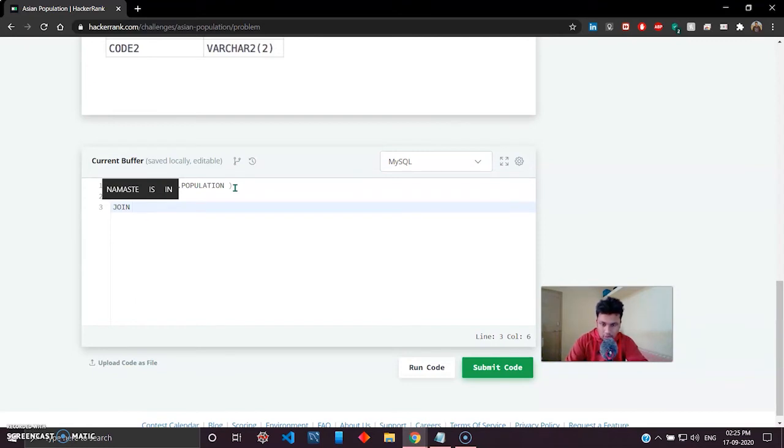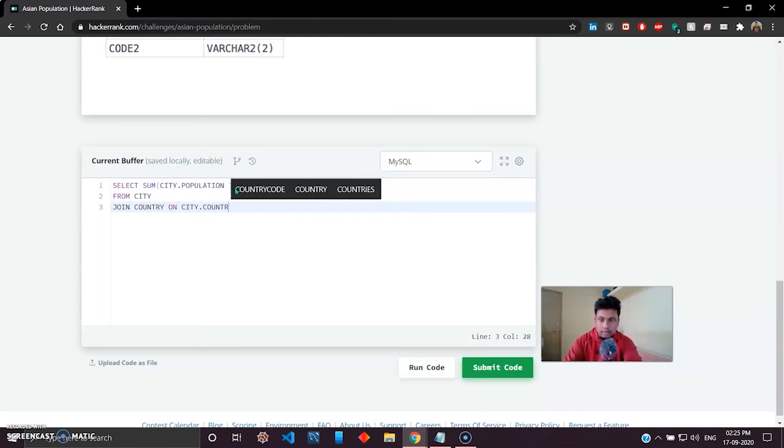So it will be join country on city dot country code. Yeah, it's country code in the city table, which is equal to country dot code in the other table.